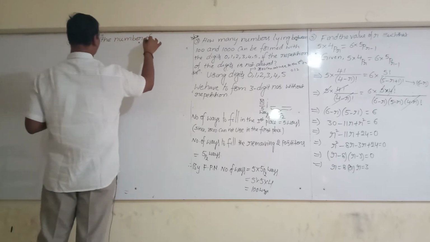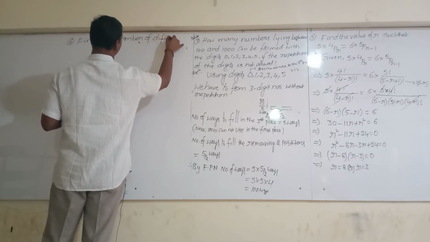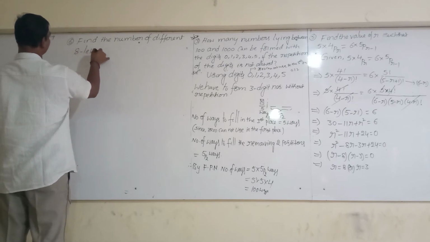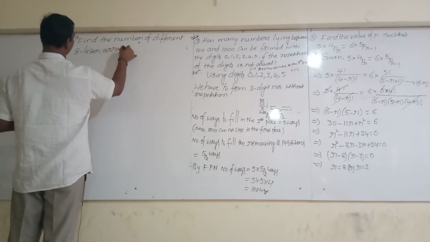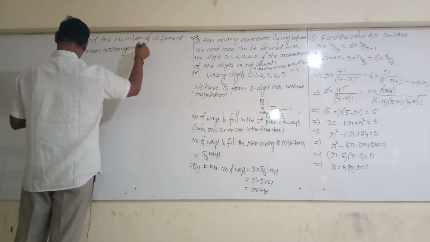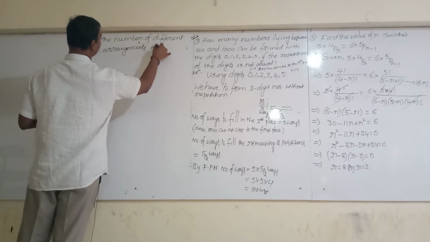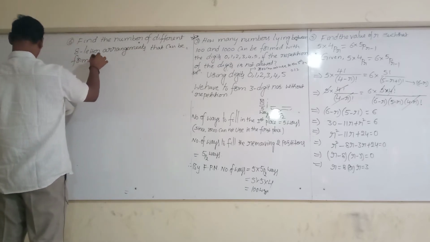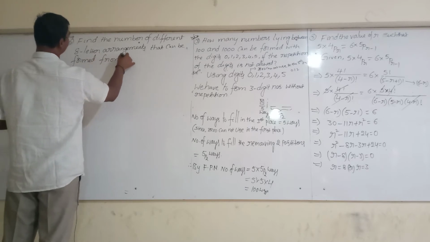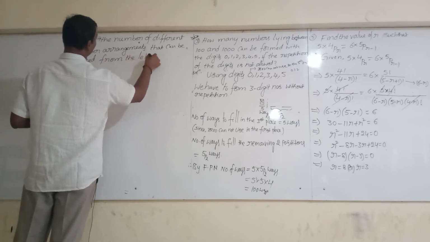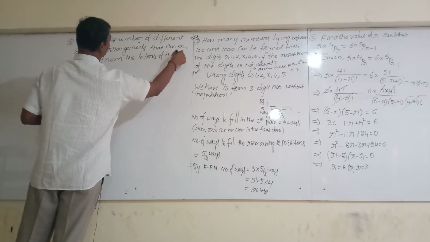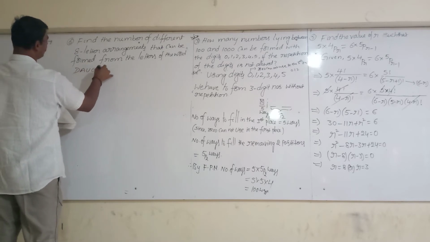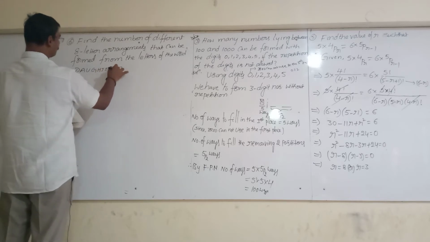Find the number of different eight-letter arrangements that can be formed from the letters of the word daughter, DAUGHTER, so that